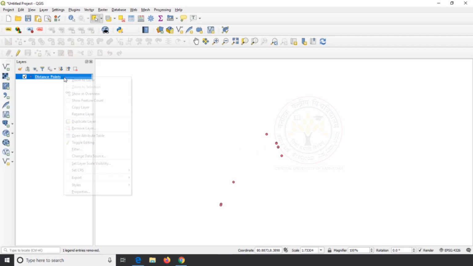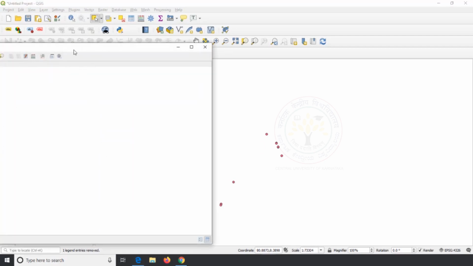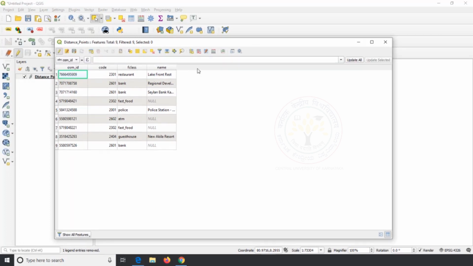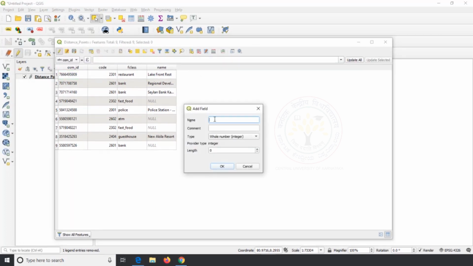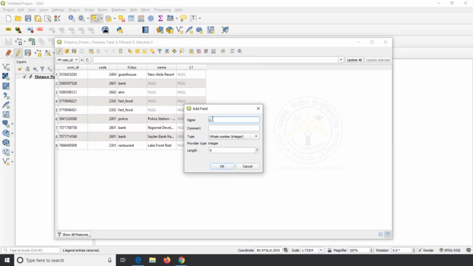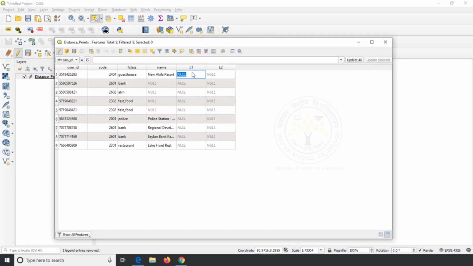For our better understanding, I create two fields in the attribute table in the name of L1 and L2 with the data type of text. In L1, I enter the names as A1, A2, A3 like that till end of all the points.